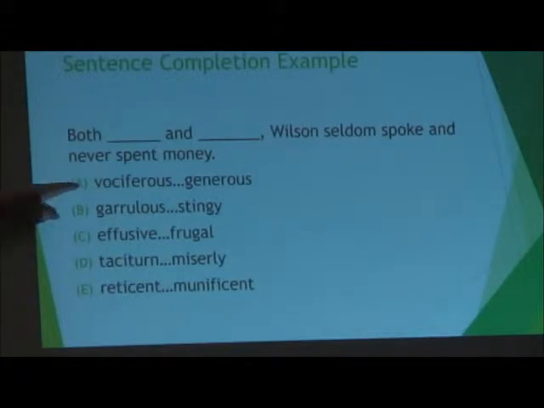But one way we can know what this word means is because of the first 3 letters, right? So what other words have voc in it? Vocal. Voice. Vocabulary. Evocative. Provocative. Okay. So we have voc in there, right? So we know that it has something to do with voice or being loud or talking.